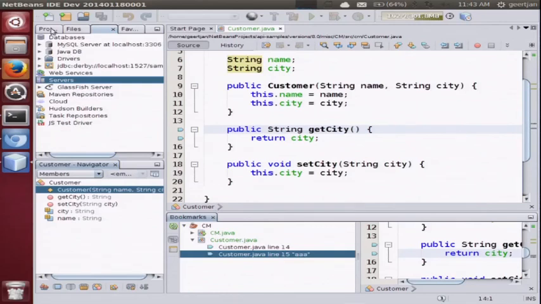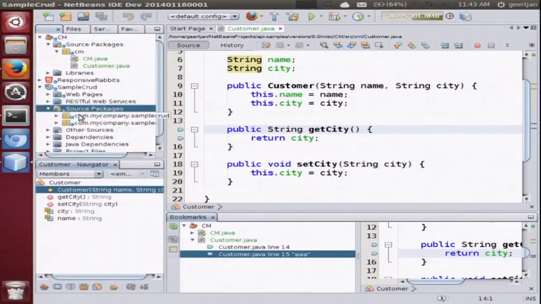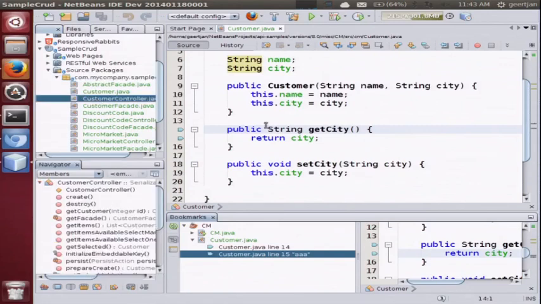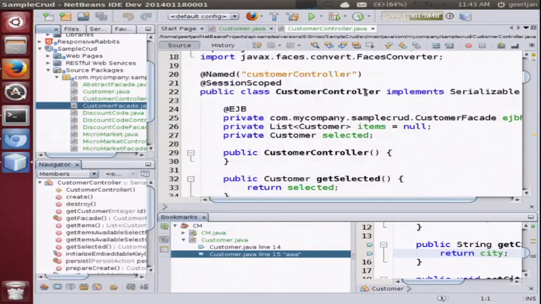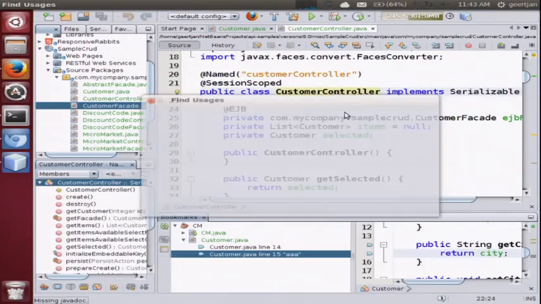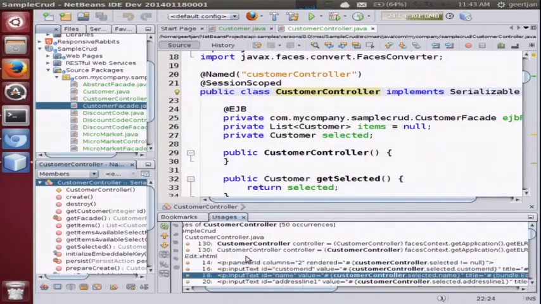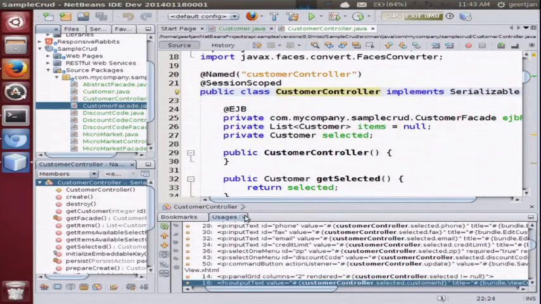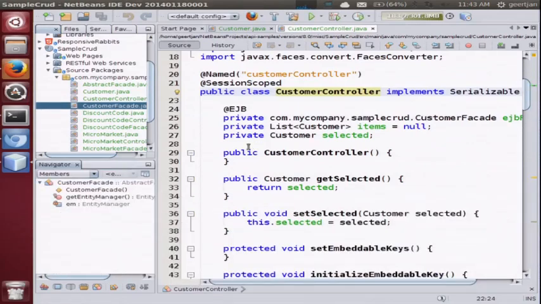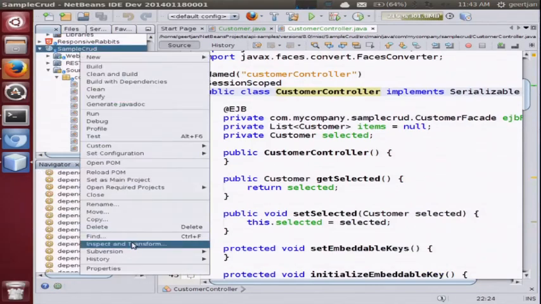Something else to quickly look at is code analysis. So let's take some class here. Let's take this customer controller, for example. Just pop it open, and we can say here, find usages, and then see where that class is used across our code base, including in our faceless files. So a cross-file search is done to see all the usages, and you can jump into those and see what's going on there. You can also use a bunch of other analysis tools,